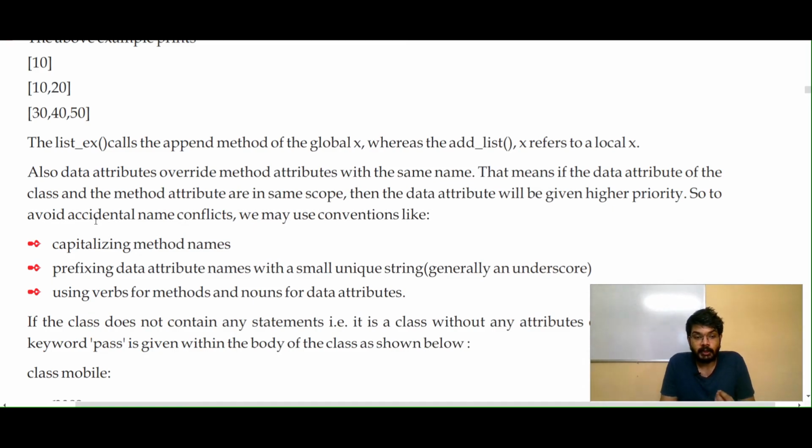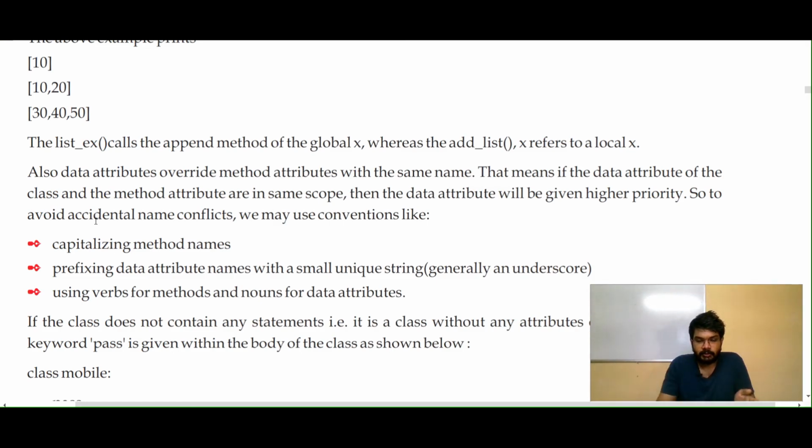Now the classes may or may not contain statements. You may write a class but not want any data members within it. But the definition of a class needs something to be defined within itself, so you use a particular keyword, pass. The pass keyword tells the interpreter that within this class nothing is defined, so just pass over it.